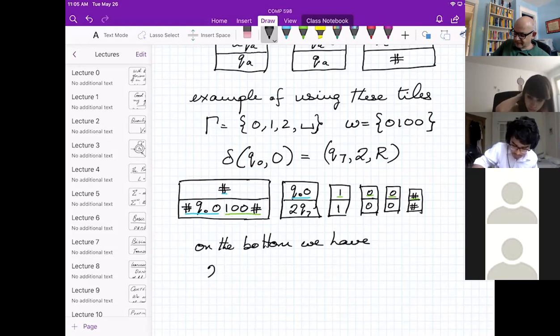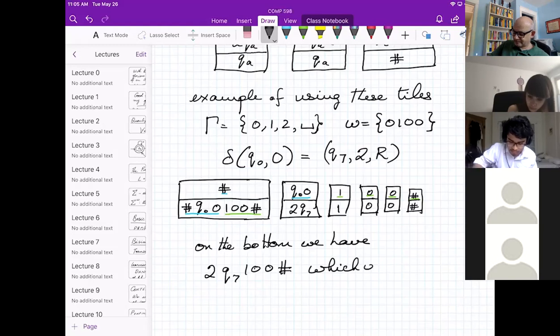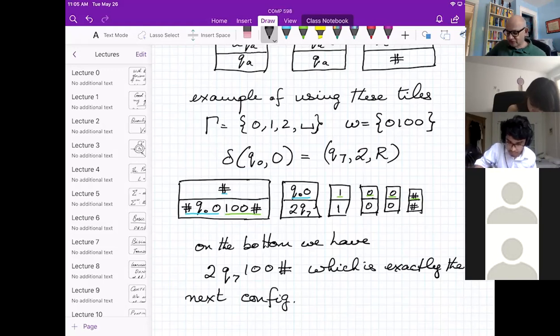We have exactly this configuration, 2Q7100 plus the hash mark unmatched, which is exactly the next configuration. You see, this is very clever. So now you try to match this, you look for rules that will allow you to match it, and you'll find that when you finish matching it, what have you got on the bottom? The next configuration after that.